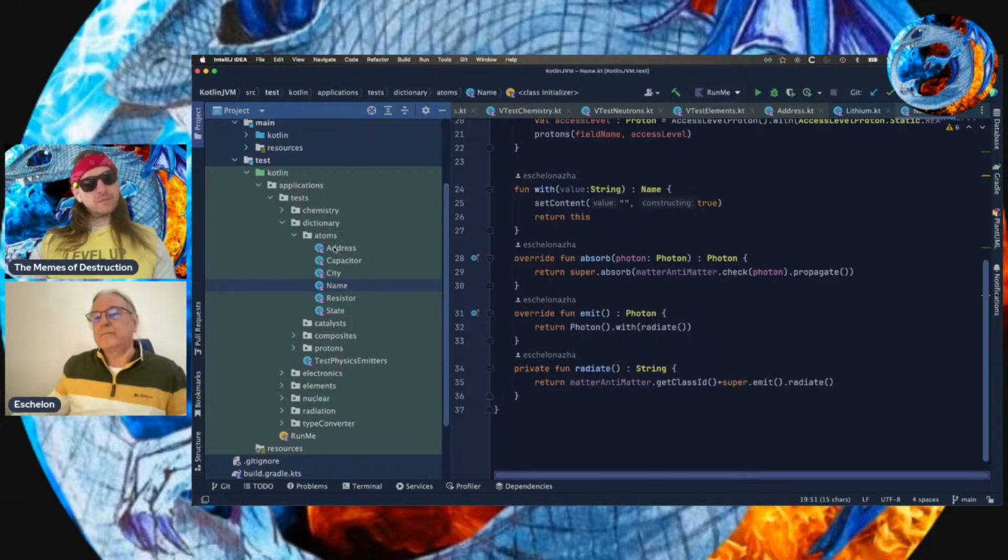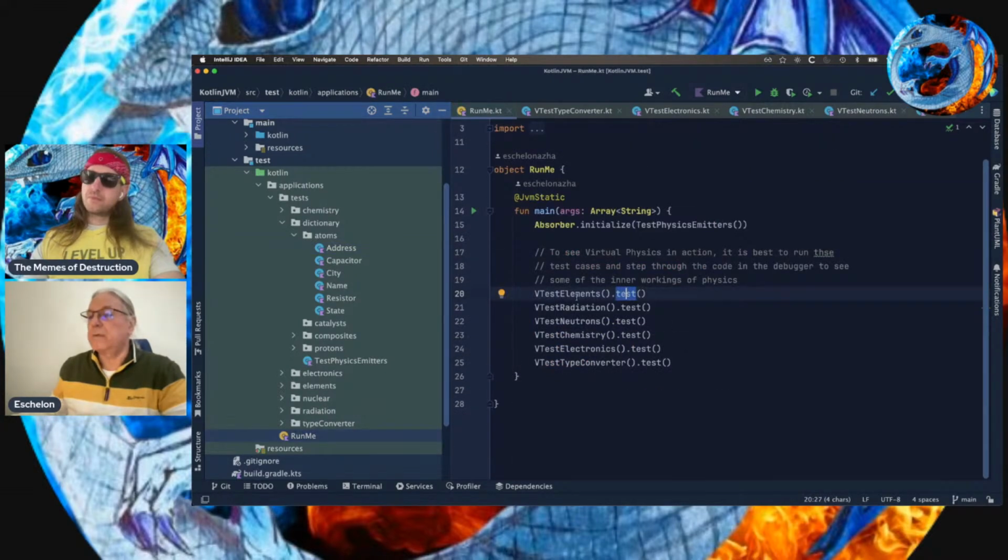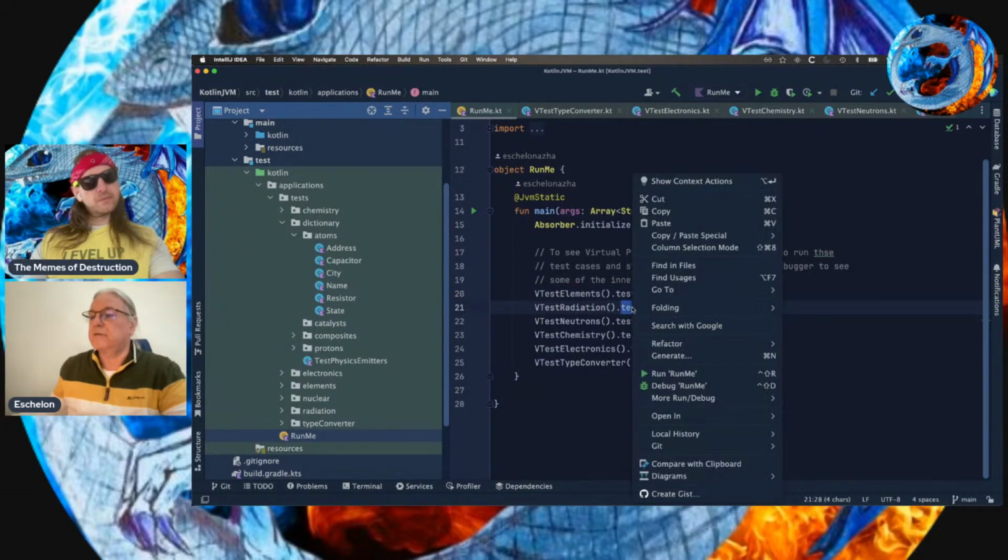But what matters most is how can you use this today? How can you get started? Begin with the simple things and then learn more about it as it goes along. The first thing is creating atoms and compounds. If we look at, let me go to the RunMe. If we look at radiation test,